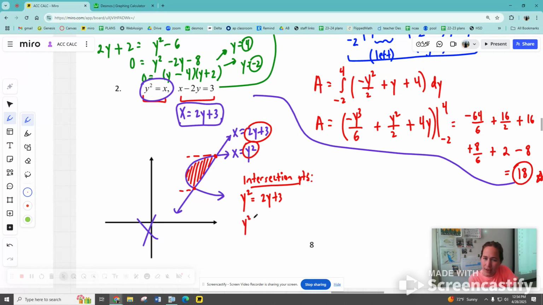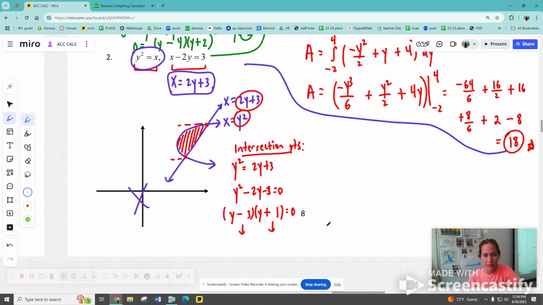Move everything to one side: y squared minus 2y minus 3, and factor. Two numbers multiply to make negative 3 and add to make negative 2. So 3 and 1, minus and plus. A calculator, or Desmos, should confirm that you get y equals 3 and y equals negative 1 as